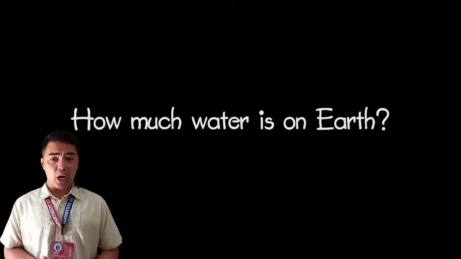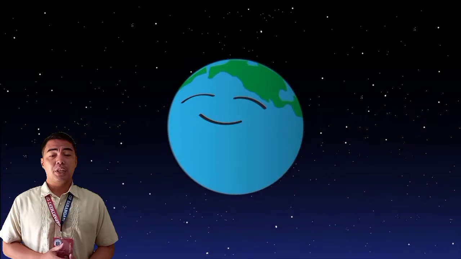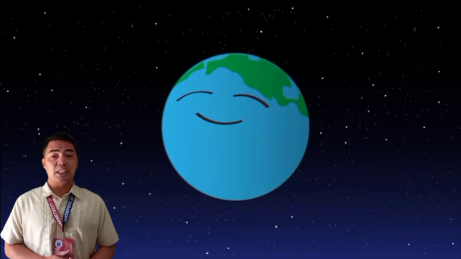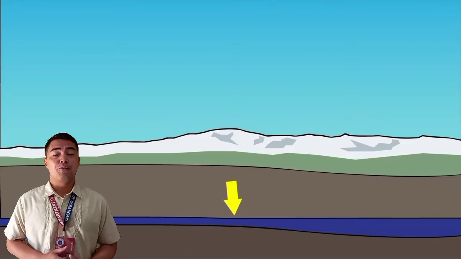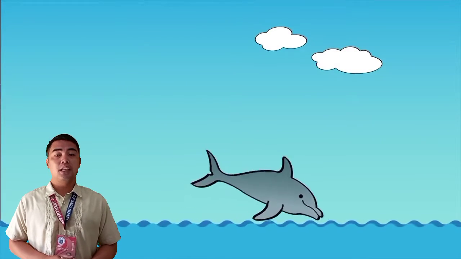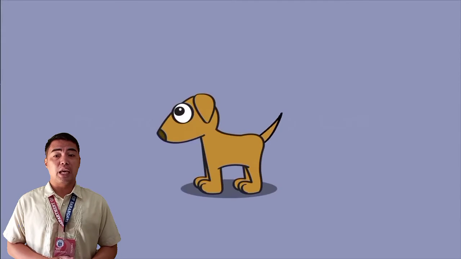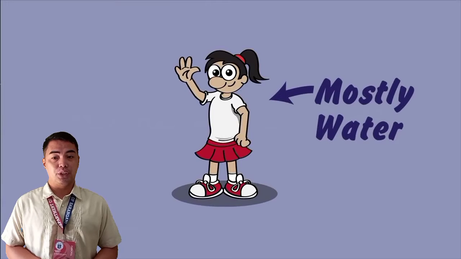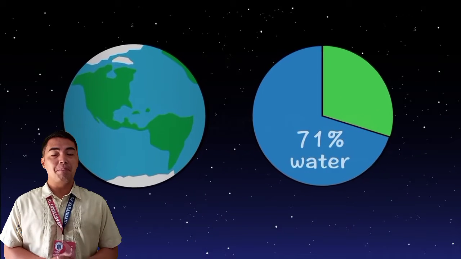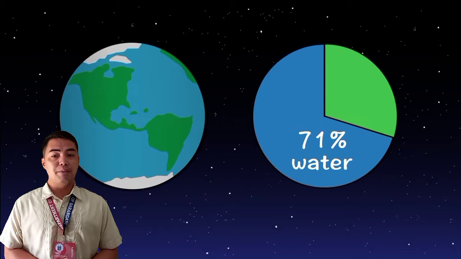Now, how much water is on the earth? The earth is so special because it has so much water. It is in the ground, forms big oceans, or even in the atmosphere, and also in living things like your body, which is mostly made up of water. Water covers 71% of the Earth's surface, and most of it,